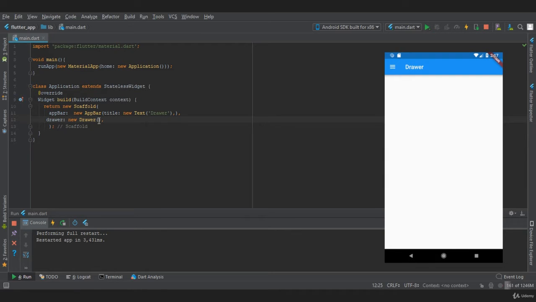So, in this empty drawer, we are going to provide a list view. In this we will create a property called children. In this we are going to provide list tile.